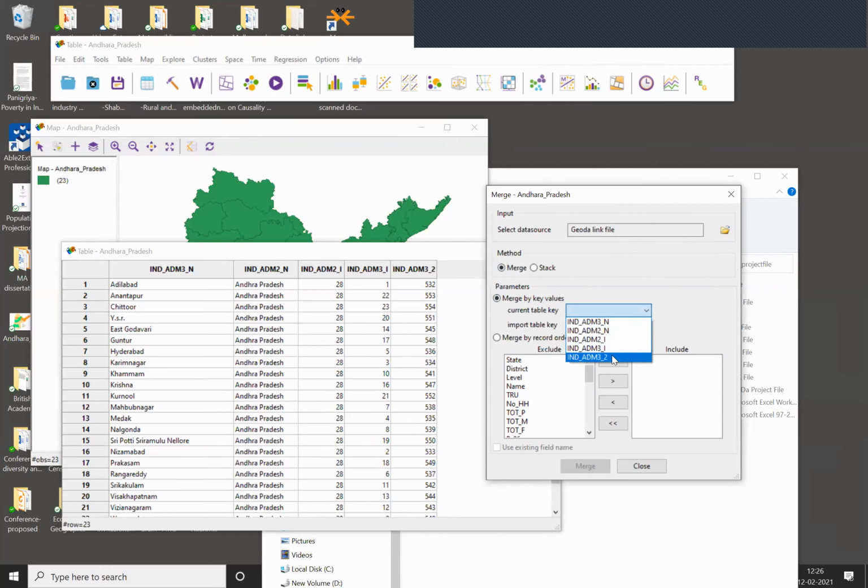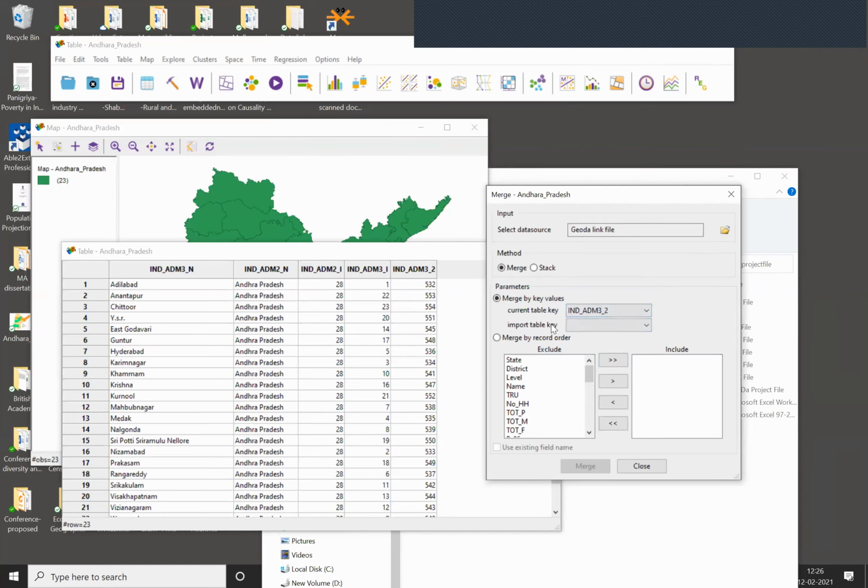Look at what is there, 3 2. This is the 3 532 553 554 551. So India admin ADM 3 underscore 2. This is the thing which I need to have as the current key variable.